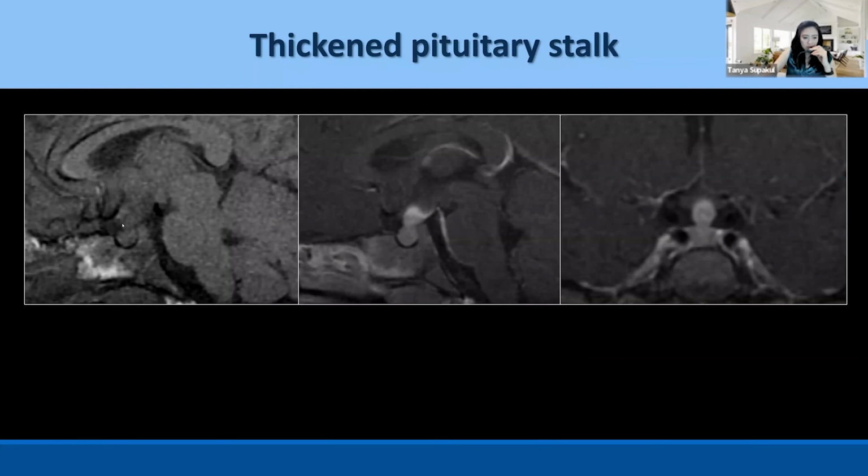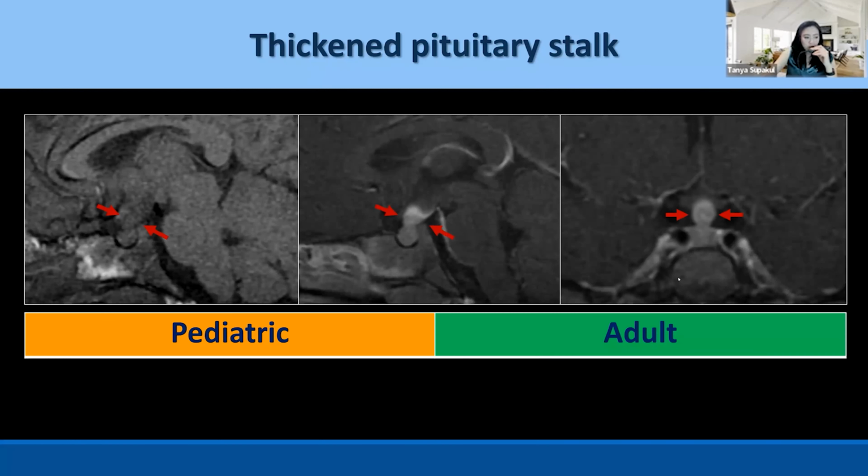here, this first image is sagittal T1, with absence of the posterior pituitary gland, right? And when you see an absent posterior gland, you check back: there is nothing along the stalk and nothing at the hypothalamus. And then you check the size of the pituitary stalk, and it's too thick. It's bigger than 2 millimeters on the post-contrast images over there. So this comes to the differential diagnosis when you see a thickened pituitary stalk.